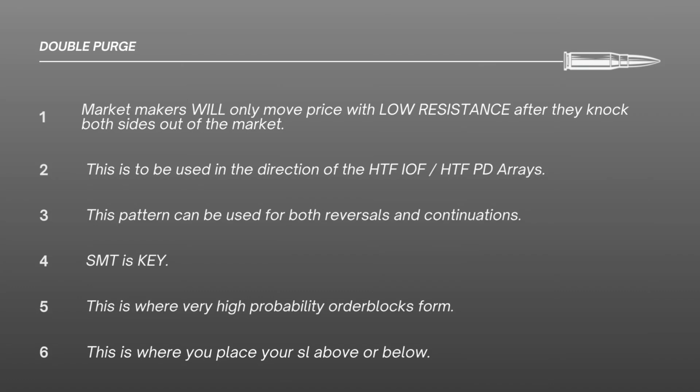The most important part here is SMT. We really want to spot that SMT to make it high probability. Because why? This is where the very high probability order blocks form. And if we know what a high probability order block is, we also know where to put our stop loss